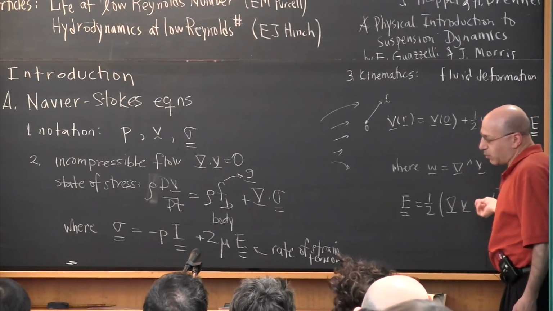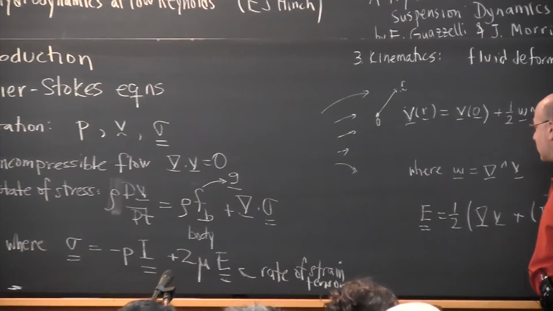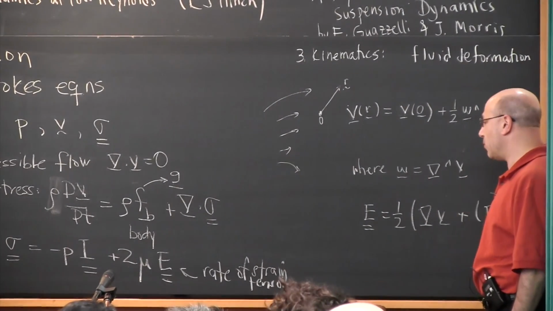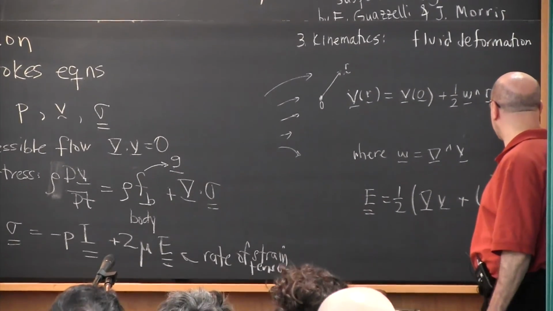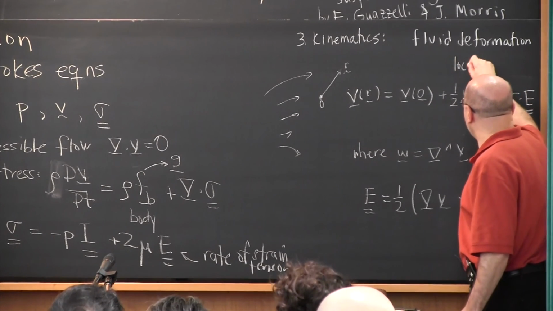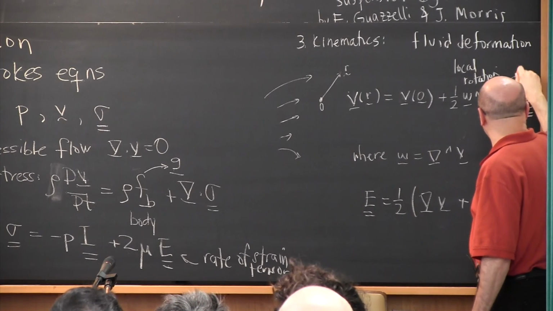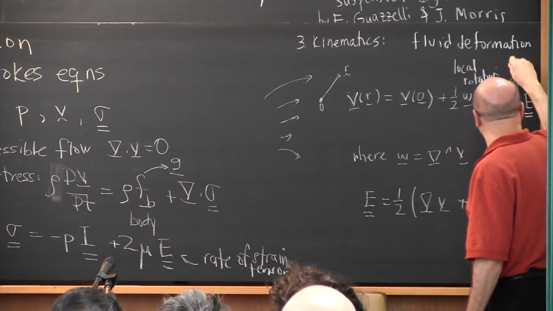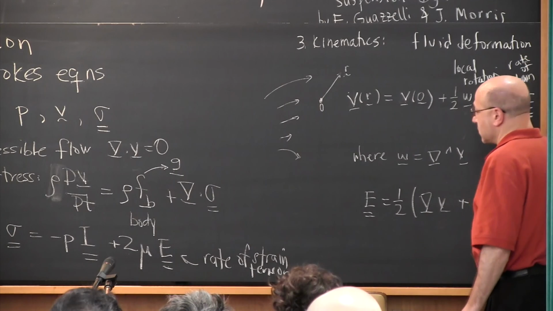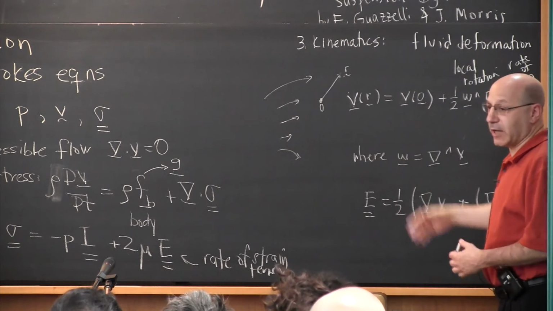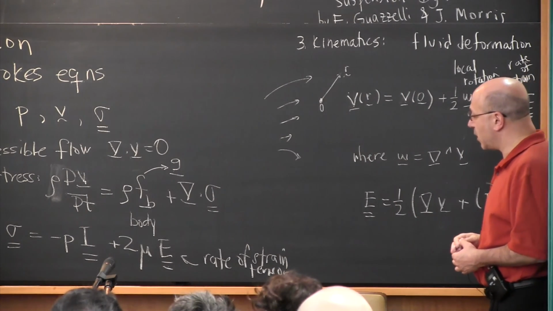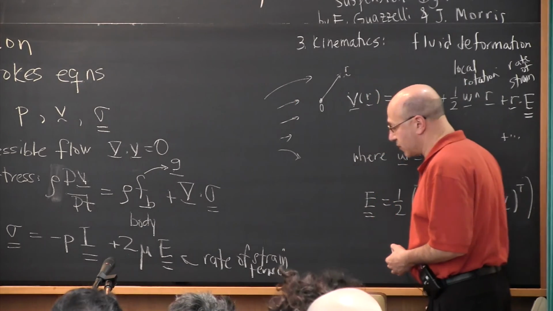And many of you might want to work in index notation. I'm going to do almost all my presentation in vector notation. And we talk about the vorticity term as telling you about local rotation, and the rate of strain is what E tells us about. And that will be important in a few cases when the different lecturers tell you about how the structure of this equation